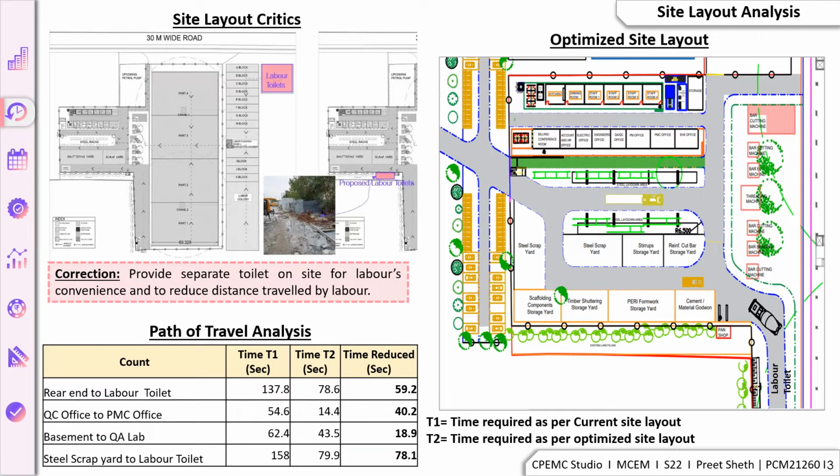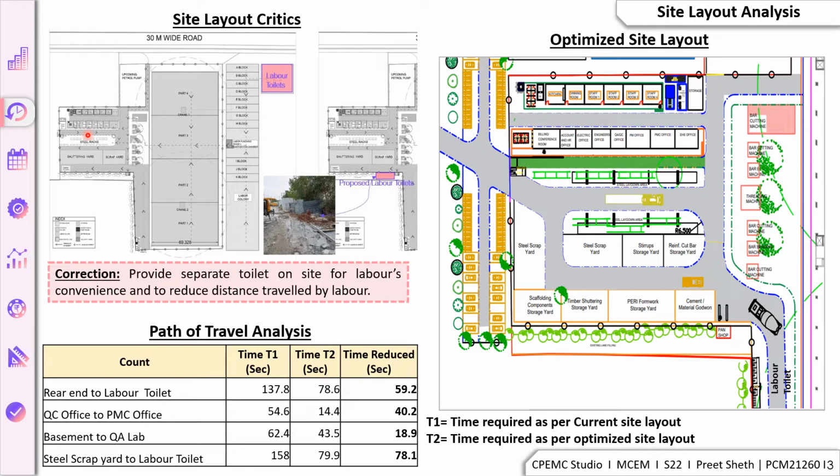So talking about the site layout analysis, we first prepared the current site layout, and here as we can see in the current site layout, here is the Tower B, Tower A, the labor colony, labor toilets, the scrapyard, shuttering yard. This is the area for bar cutting and bar bending. Here is the area for steel storage,